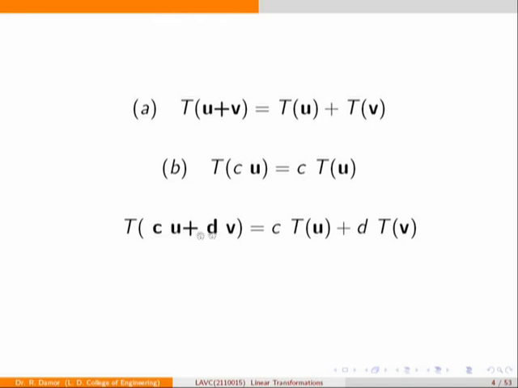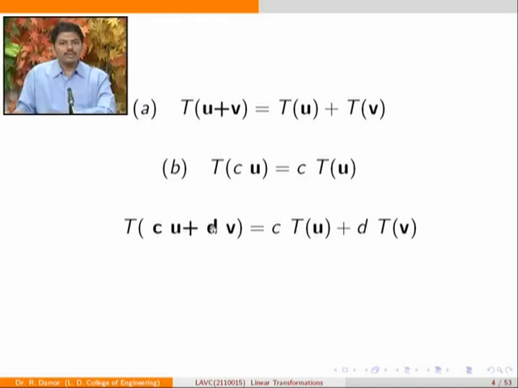Then C into U plus D into vector V, where D is 0, so this whole term becomes 0. So T of CU can be written as C T of U plus D equal to 0, so this term becomes 0. So clearly T of CU can be written as C of T of U. So instead of checking these two conditions separately, you can check this condition as a whole, and directly say that if this is satisfied, then the transformation is a